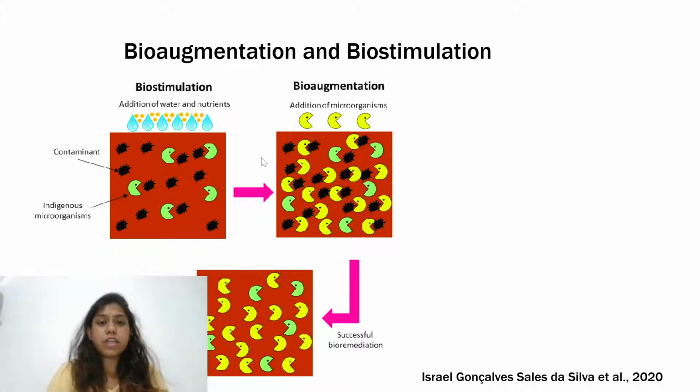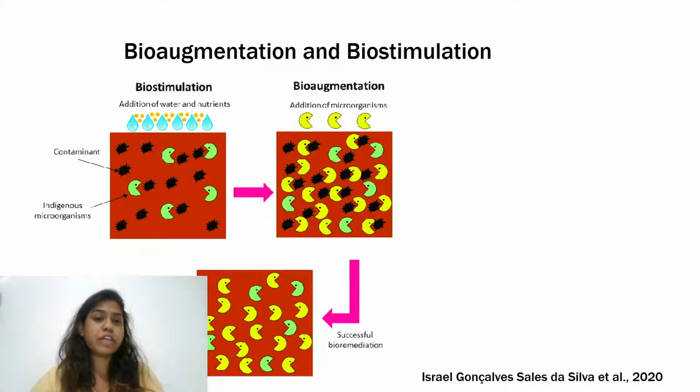So there are two things. Like I said, it could be managed or spontaneous. In case of management as well, there are two different ways in which bioremediation can be carried out. It could be biostimulation or bioaugmentation. Biostimulation is a process where we add water and nutrients, and we add the carbon and the phosphorus or nitrogen sources, these different sources, and in the contaminants and the